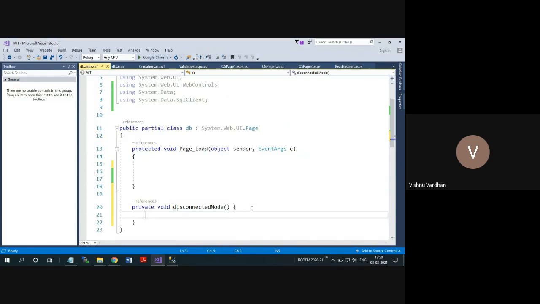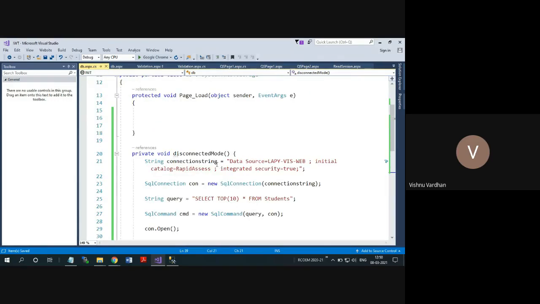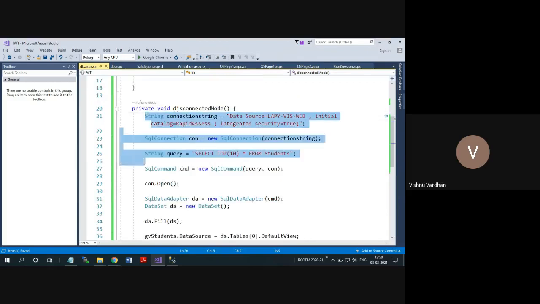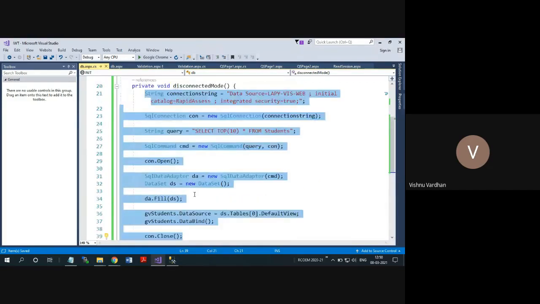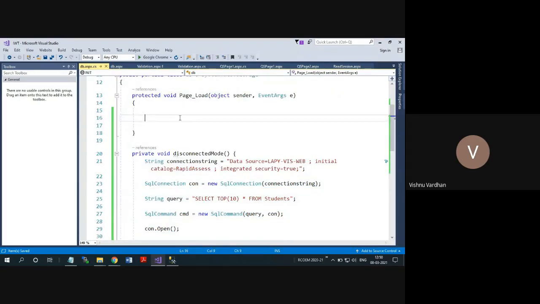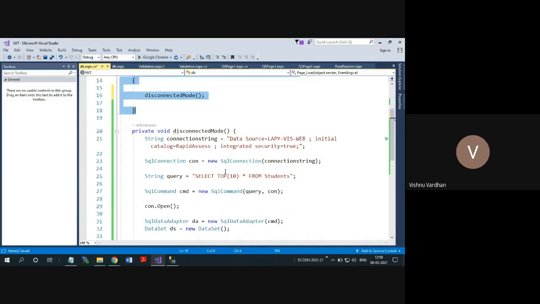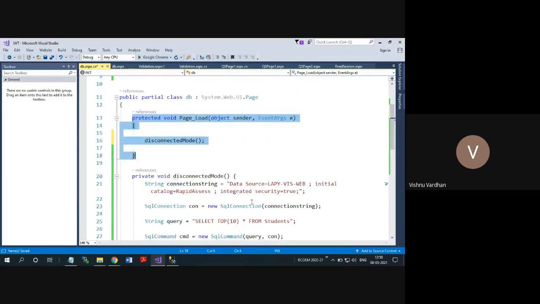This disconnected mode has nothing but the same code. I am doing this so it is easy to call the methods from the page load, because we are going to have a second method, which is the connection-oriented mode. So let us see that example.